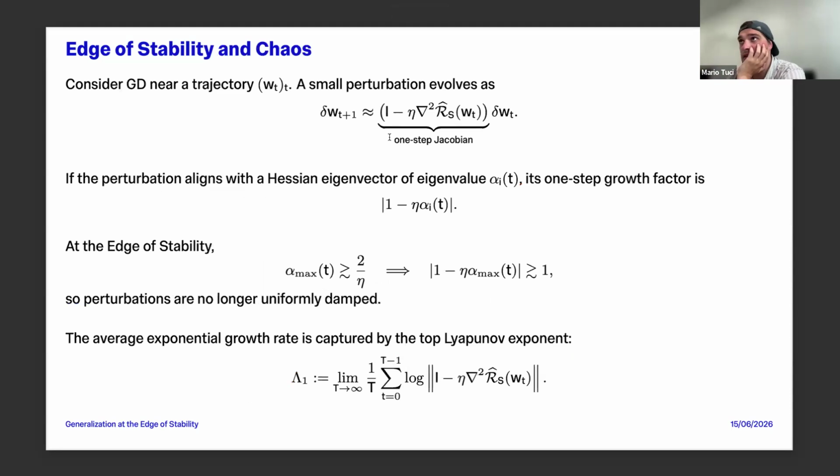And I think there is a beautiful connection to chaos in this sense. For gradient descent, when we linearize it and look at how it behaves under different initializations, we can see that the edge of stability, when the largest eigenvalue is over this threshold, implies basically that the top Lyapunov exponent is positive.